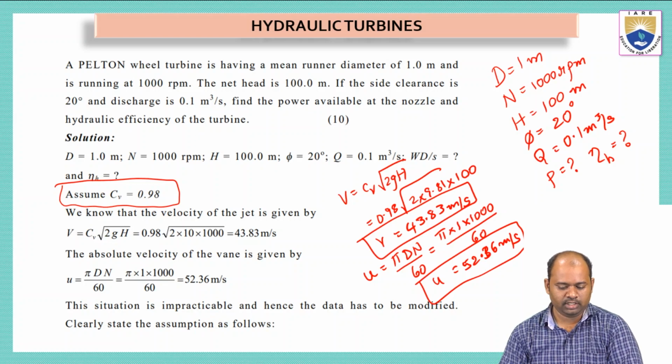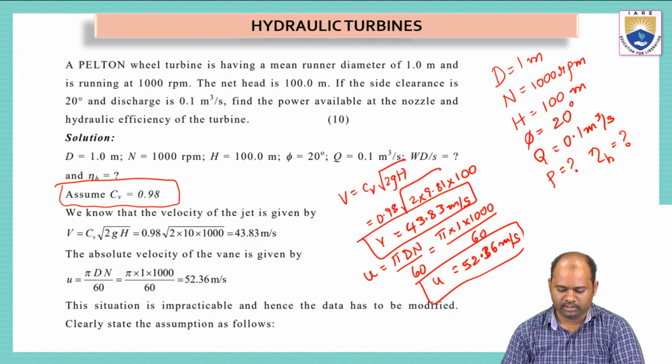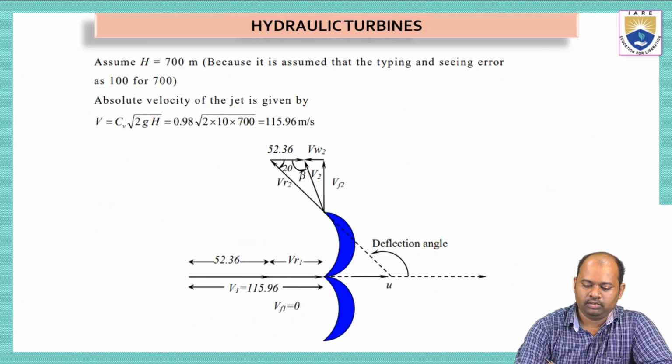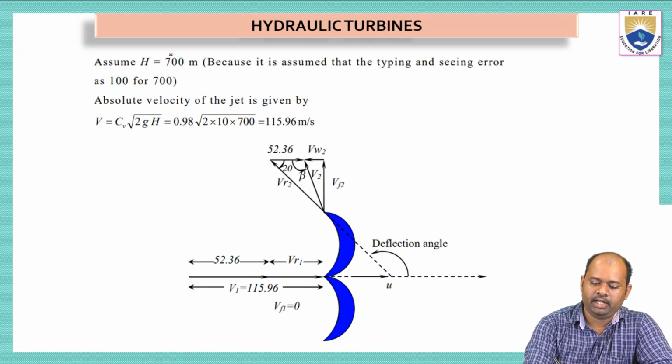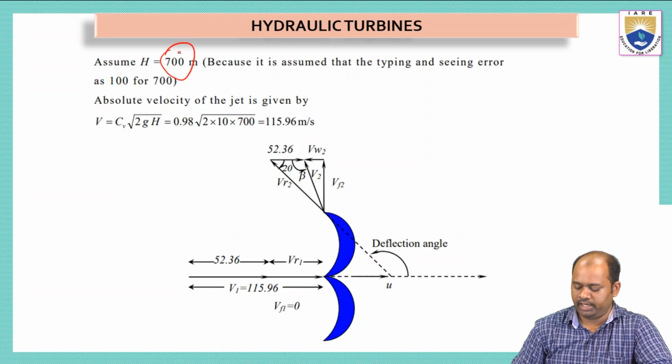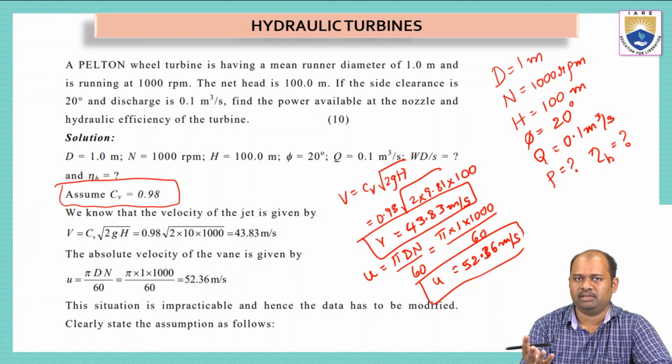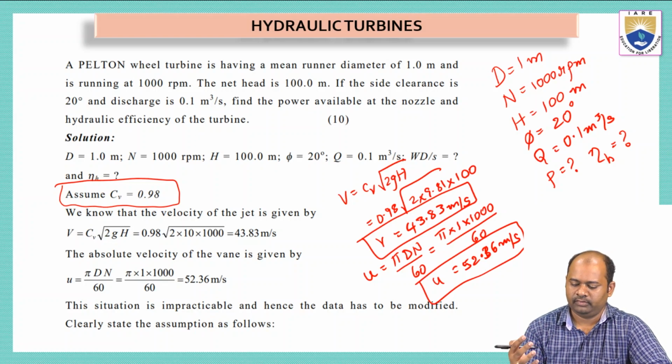Okay, this situation is impracticable and hence the data has to be modified. Clearly state the assumptions as follows. Now, here we have to assume a head of 700 meters. Why we have to assume this head? So why is this problem different from the previous problem? Both the problems are based on the Pelton wheel turbine, but the only difference is when we study this, okay,